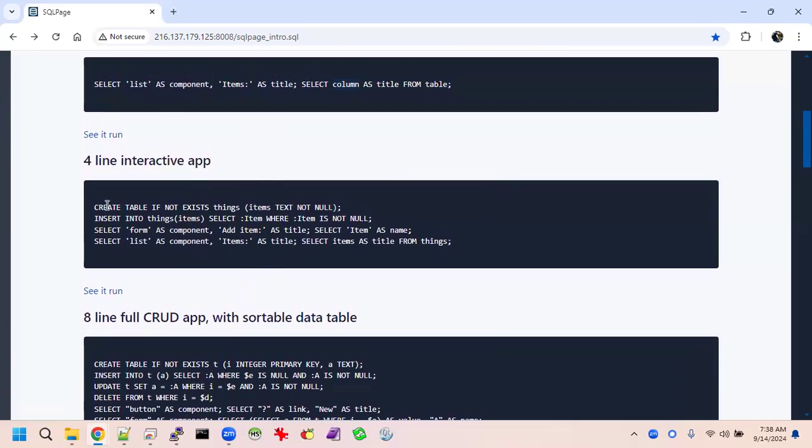Next is a 4-line interactive app. The first line creates a database table if it doesn't exist, and it creates a table called things with a single column called items that will store text. This line inserts values into that database table in the items column wherever the submitted post value called item isn't null. So if there is a value submitted, it will insert that into the things database in the